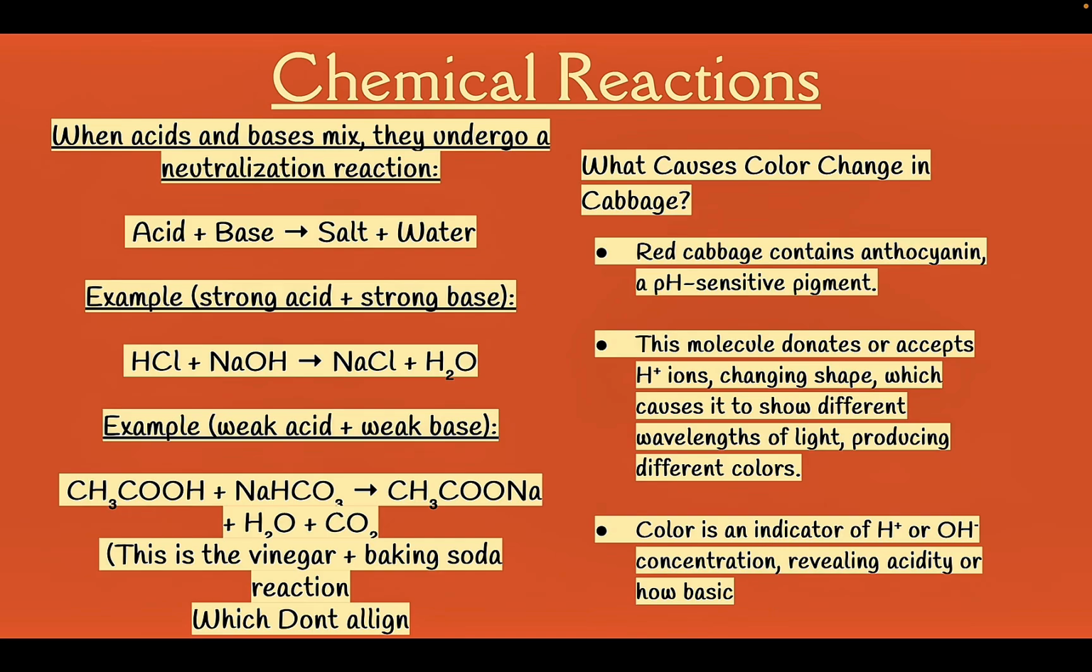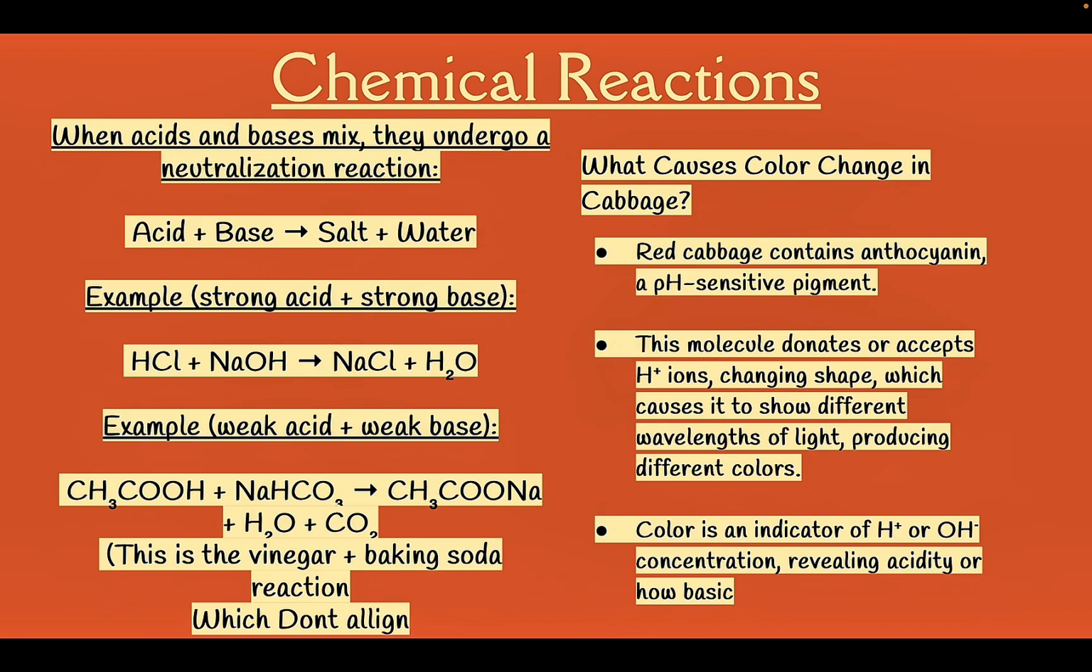And what causes the color change in cabbage? As we said, anthocyanin is pH sensitive. It's a pigment, okay? The molecule donates or accepts H+ ions, which changes its shape and causes it to show different wavelengths of light, producing different colors. So color is an indicator of H+ or OH- concentration, revealing the acidity or how basic the